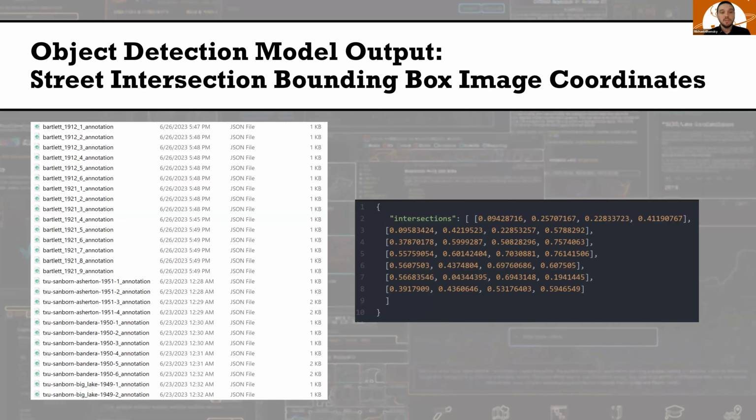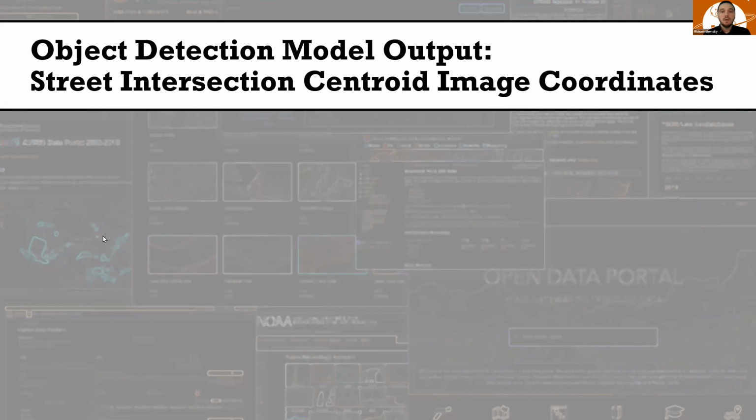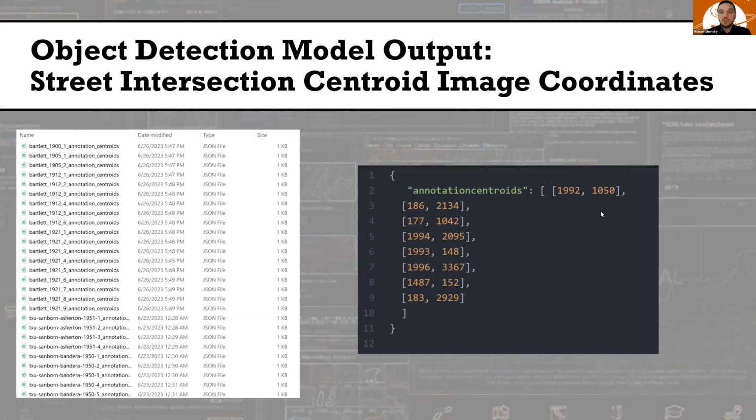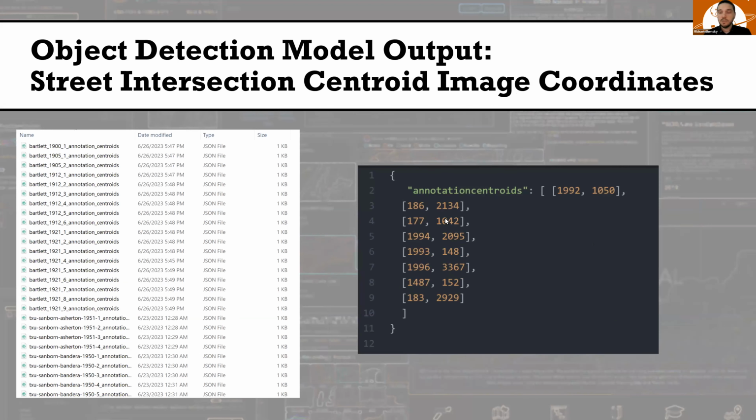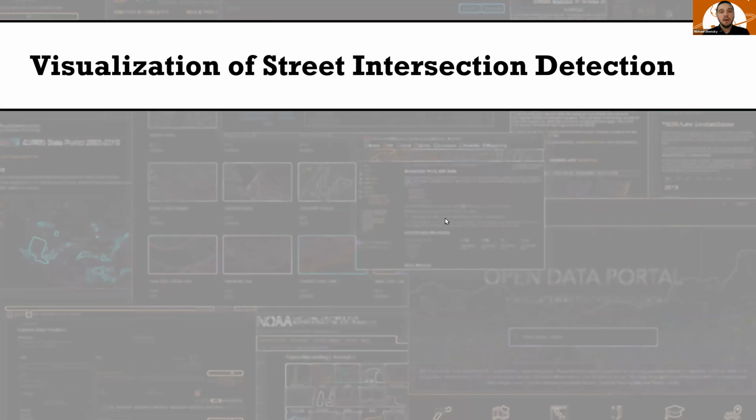So that happened in April of this year and was kind of unexpected. It was much more successful than we ever even imagined it could be. So this is what that model produces. You see it's showing coordinates here, image coordinates that reflect where it has predicted that intersections exist on a particular map. So it's one of these maps of small towns in Texas. And what I did is I took that information and converted it from bounding boxes for where the general area of the intersection is to a centroid for that intersection. So we just have a single intersection point identified on the map.